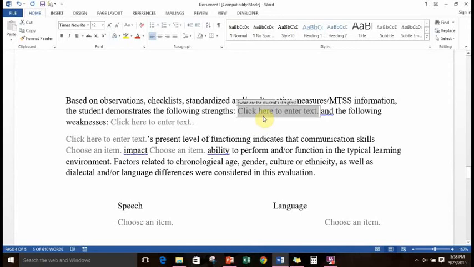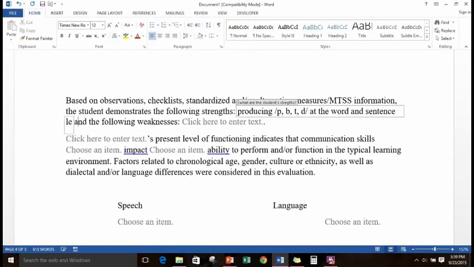Alright, so strengths of the student would be producing P, B, T, and D at the word and sentence level. And the following weaknesses: producing, he had trouble correctly producing L, R,